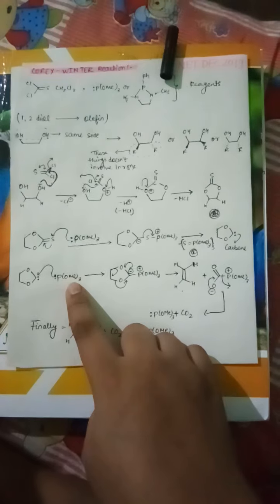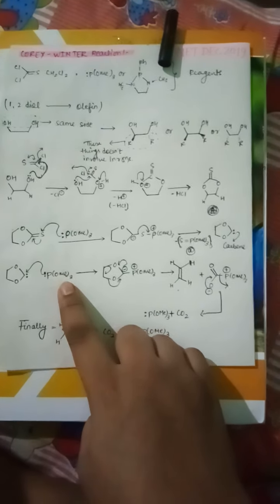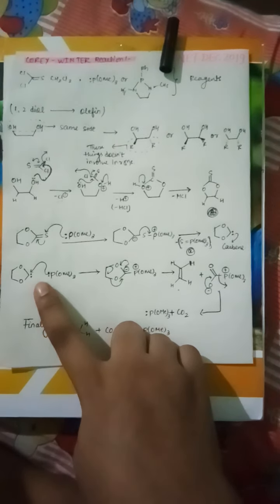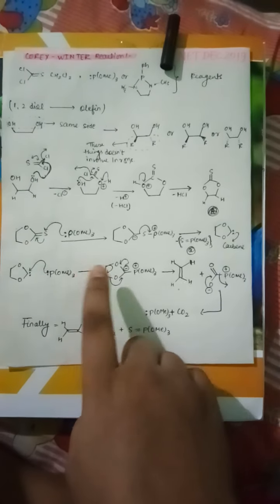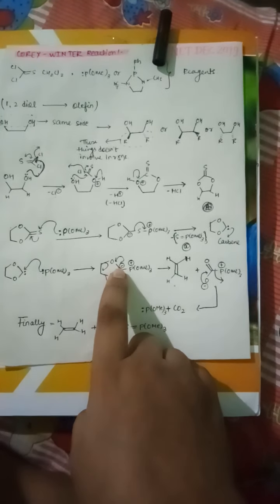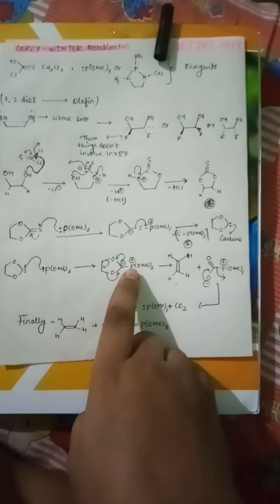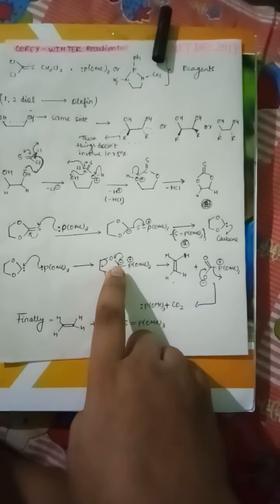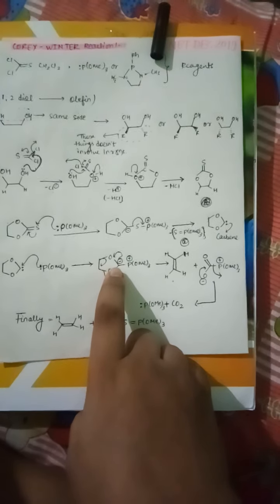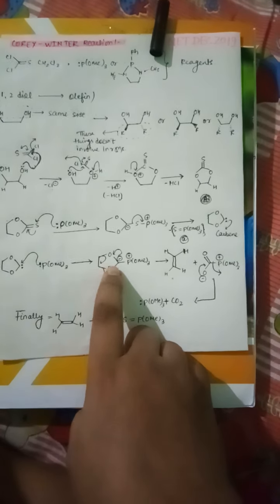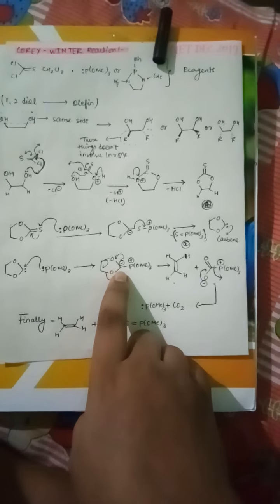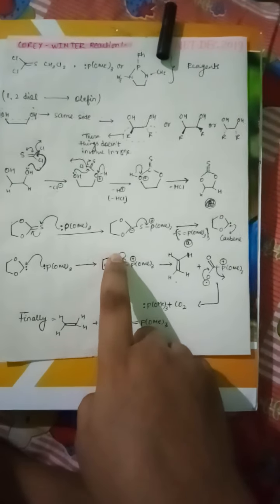And finally another P(OMe)3 attacks the carbene because it is electron deficient, and a negative charge will form on carbon and a positive charge on phosphorus, because phosphorus is giving its lone pair and sharing its electrons with the carbene. And finally the bond